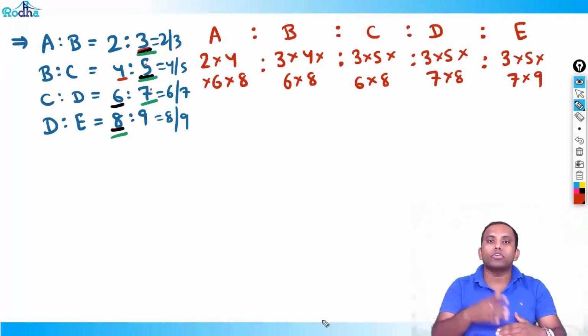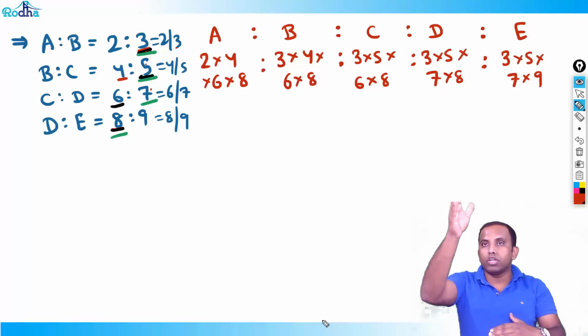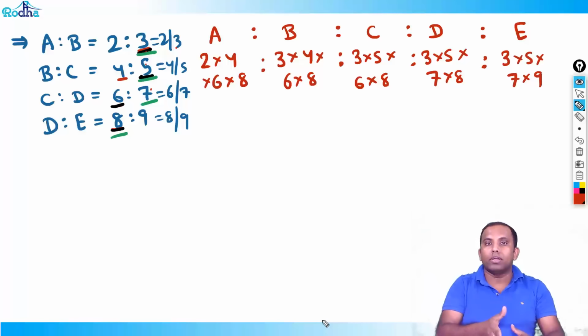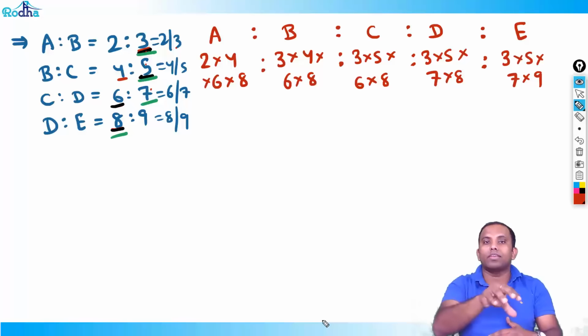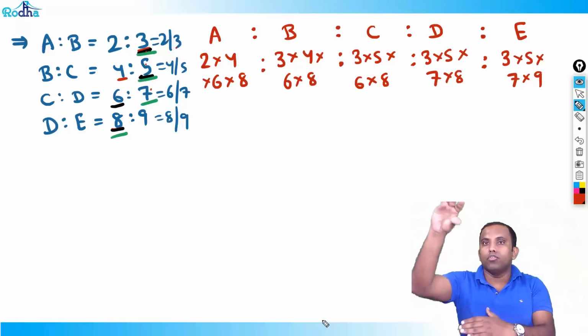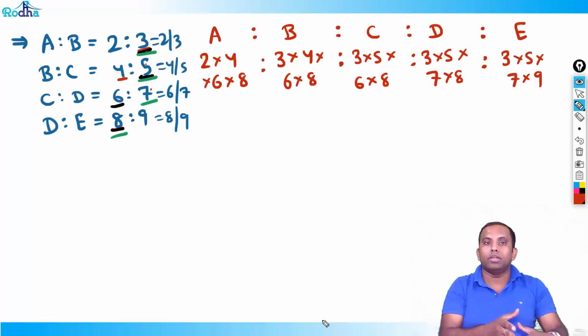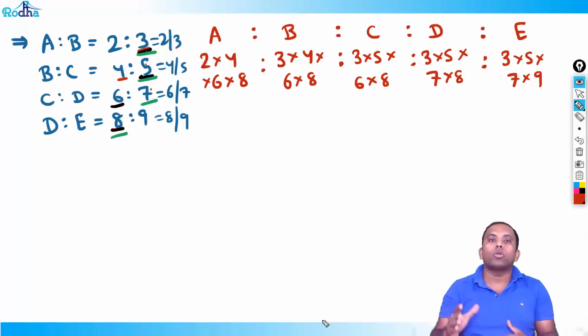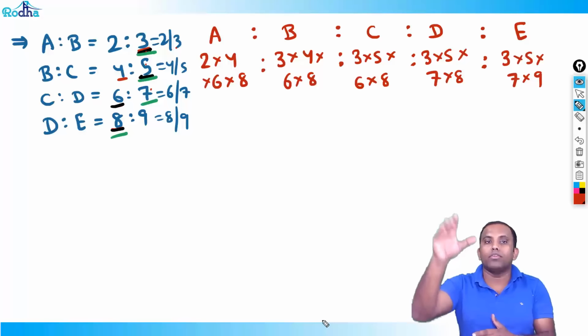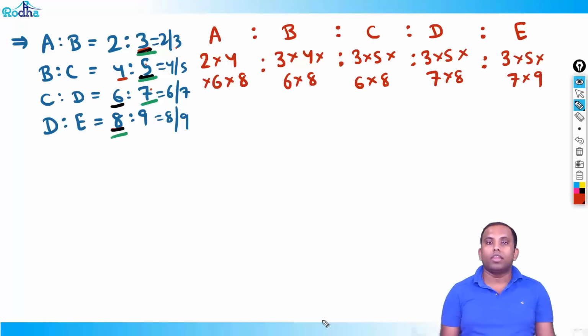That was for B, right? For C, shift 1 more. That is the first two denominators and the next two numerators. That is 3, 5, 6, 8. For D, shift 1 more. That means the first 3 denominators and the last numerator. That is 3, 5, 7 and 8. And for E, if you shift 1 more, it automatically becomes all the denominators. That is 3, 5, 7 and 9.